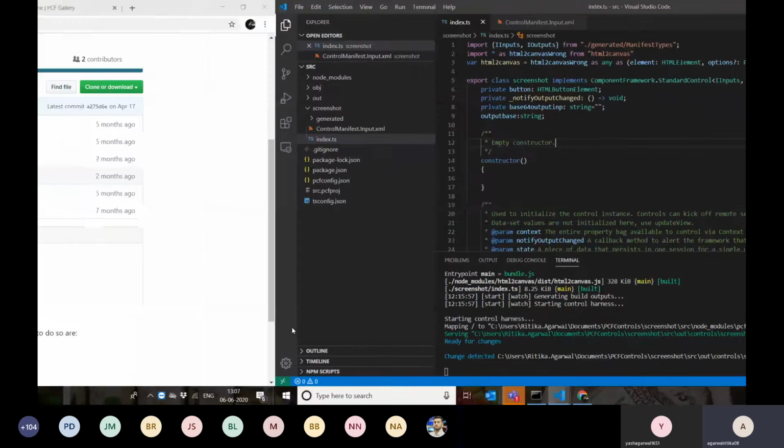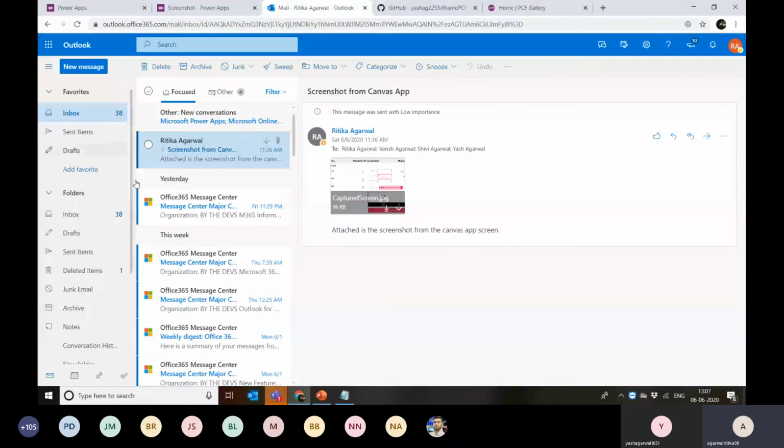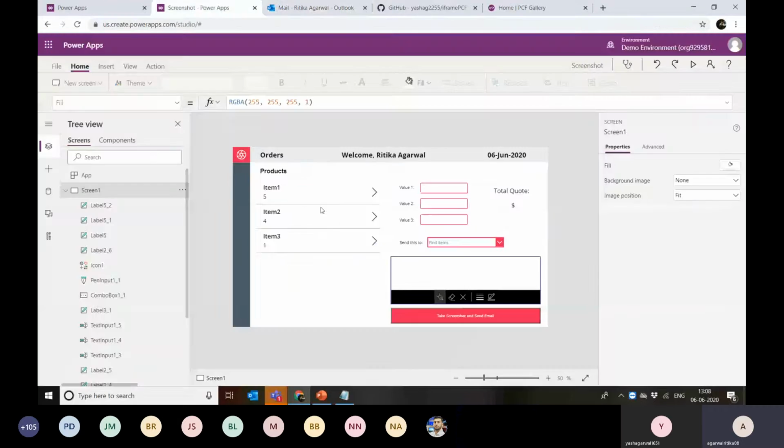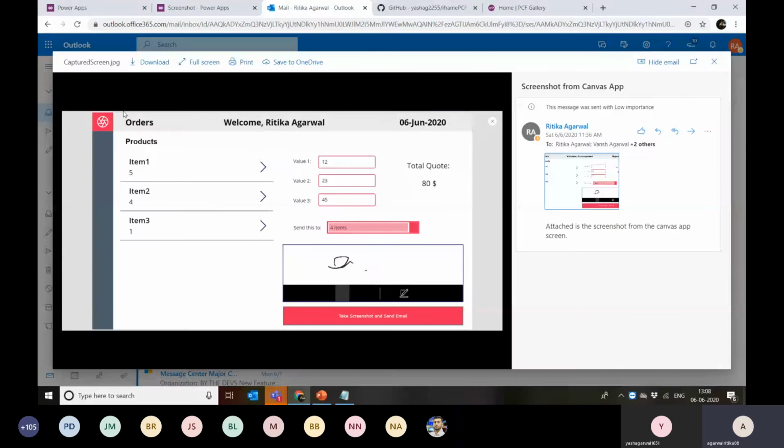Let me quickly show you an example of how this component works. I have a Canvas app in place. I built this PCF to take the screenshot of the whole screen. So let's say this is how my app looks, and I can just take a screenshot and send that in the email.